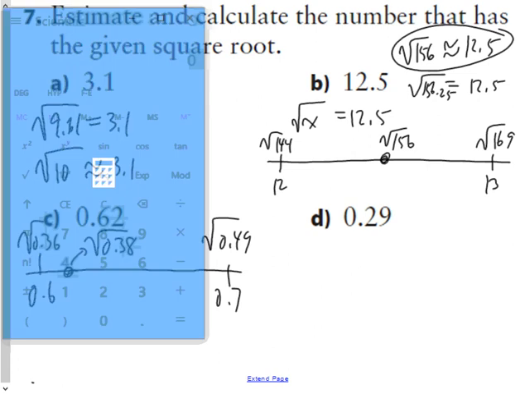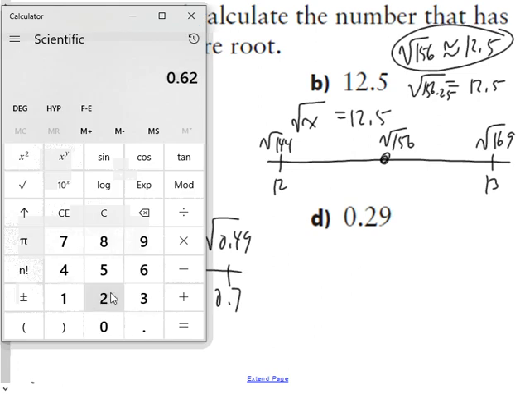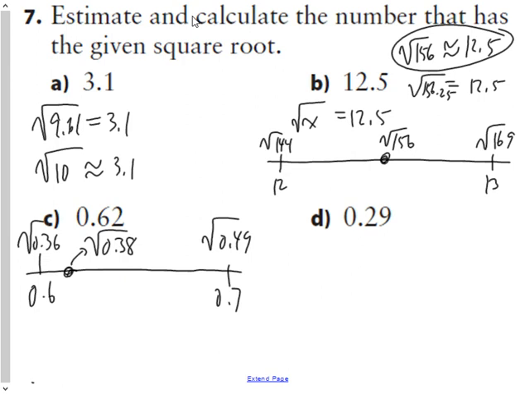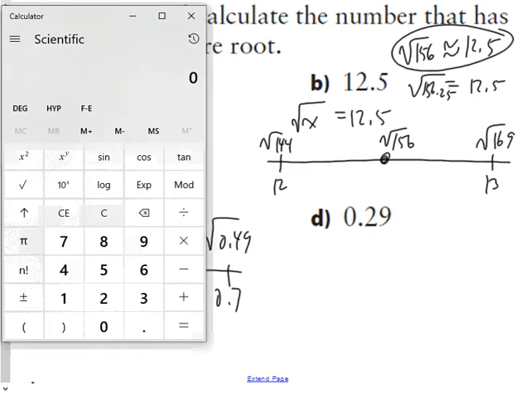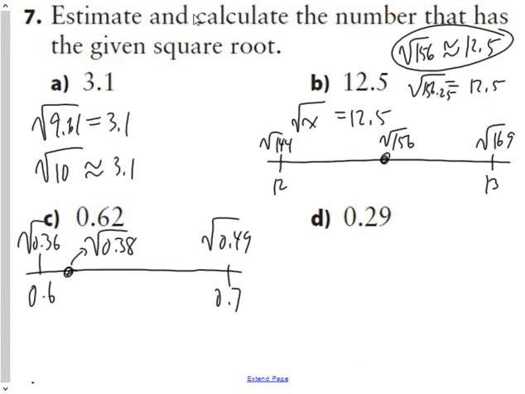Take my calculator, put in the square root of 0.38. The square root of 0.38 is 0.61, which is close to 0.62. So your answer for this one, boy, I screwed that one up pretty good. I apologize. It's 0.38. And the last one,